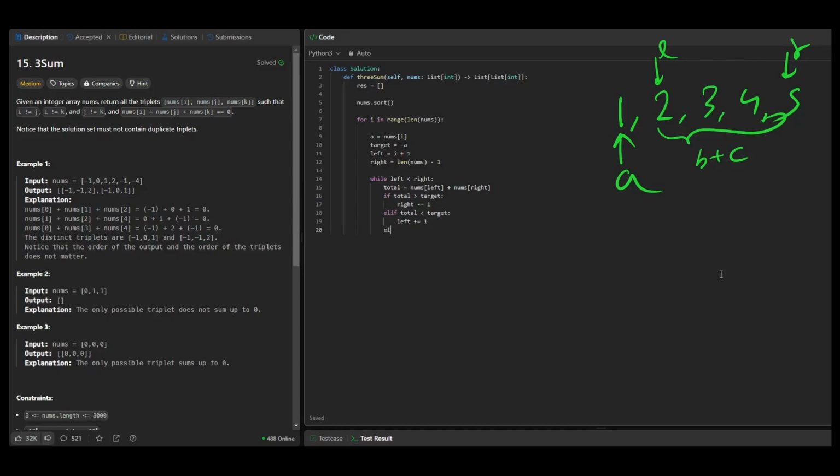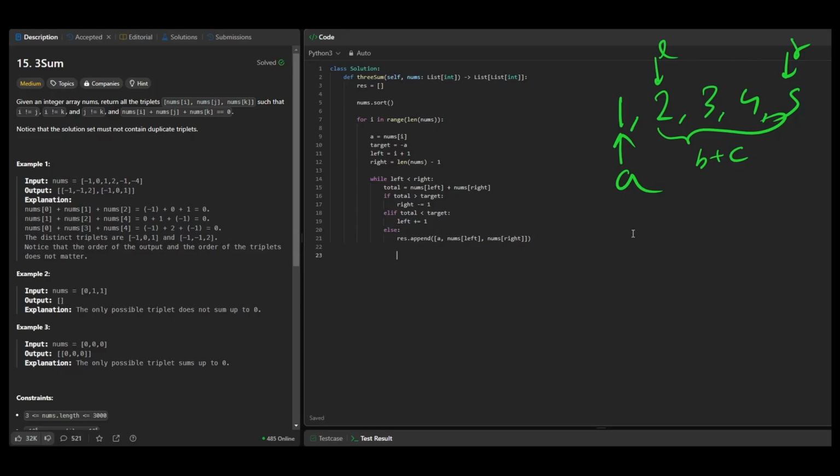If both of these conditions are not true, in that case total is equal to target, and in that case I would like to put this in the result. So result dot append, I have something like A, nums of left and nums of right. This is in the result. Once we have the result,